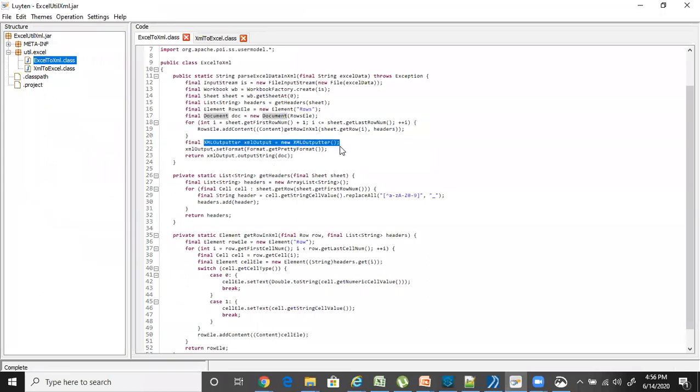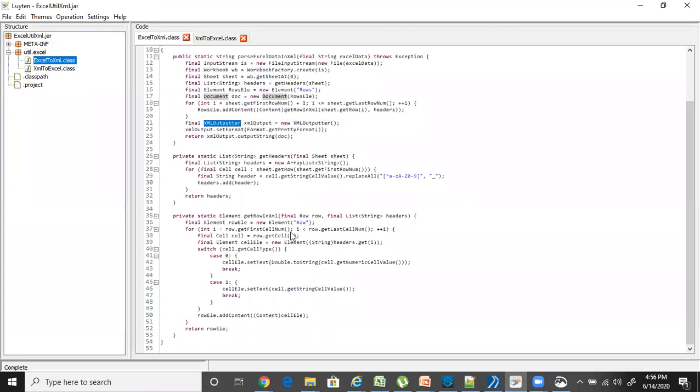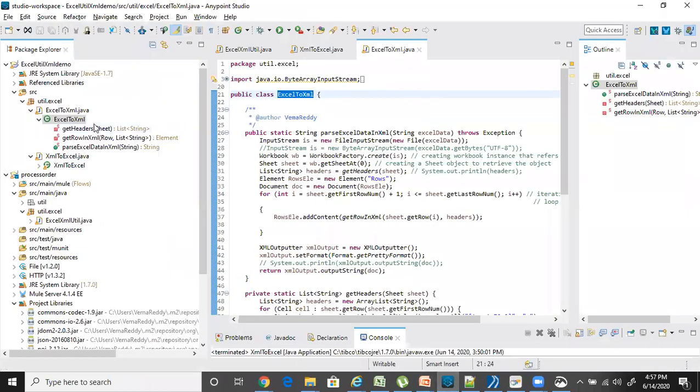So because this is a method, we'll use it to convert that into XML, to render the generated document as XML. Similar kind of things we are doing here. But what I was doing is, you can use any Excel editor. So I tried it in AnyPoint Studio.